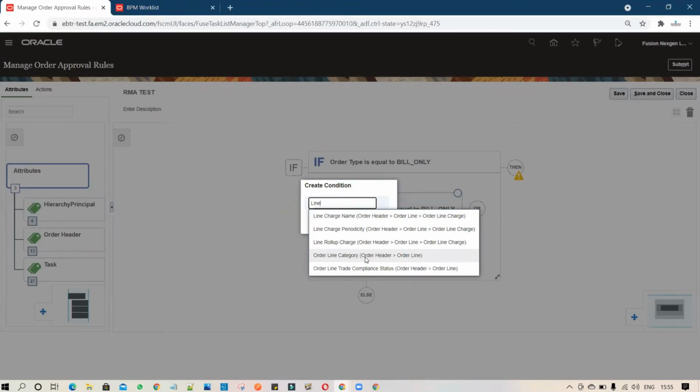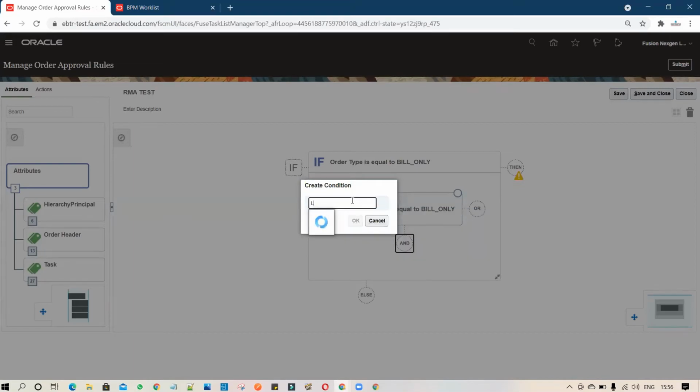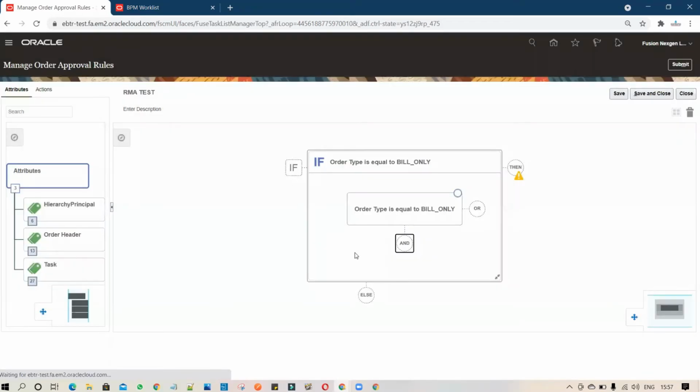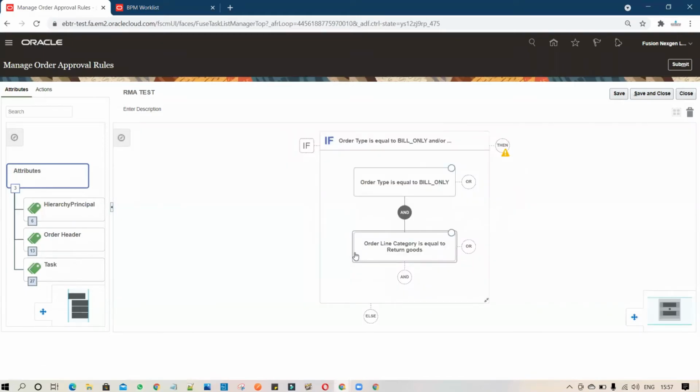If you want, you can set category as well as you have the line type. So I have chosen the order line category is equal to, if order, then it will follow the approval. So for the RMA, I have to select the return goods. I selected the return goods and click on OK.